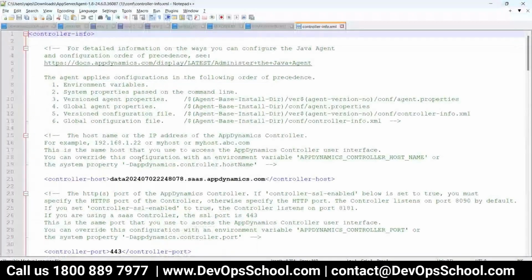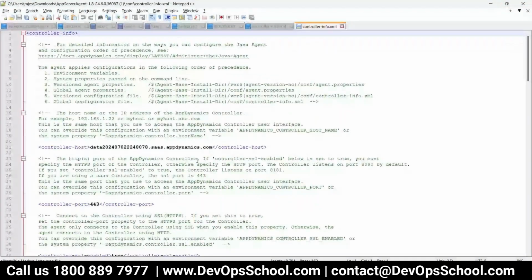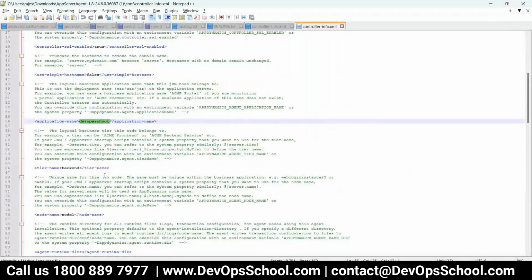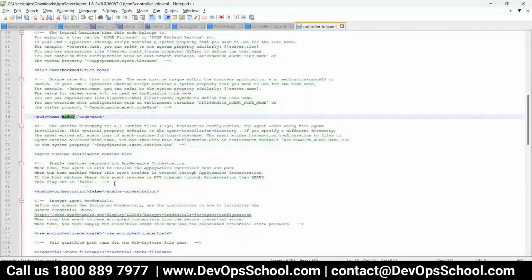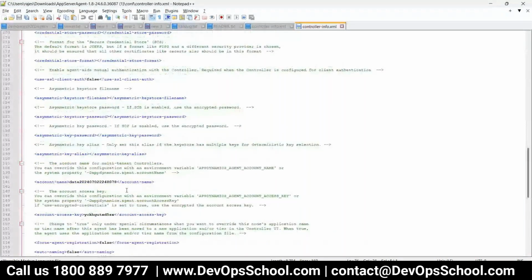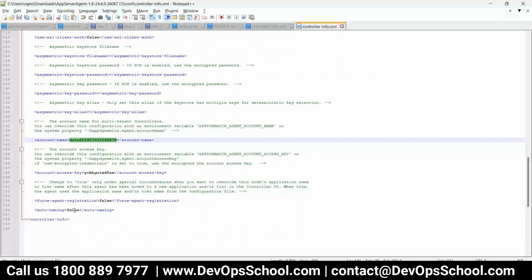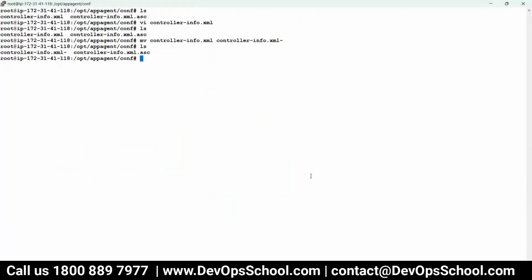See here, true. I just want to check that application name is filled, wonderful. Tier name is filled, backend, wonderful. Node name one, and a few more things, that is wonderful. Account name is okay, and auto naming is false because I've given the names. So that's good. Yeah. So now I am going to